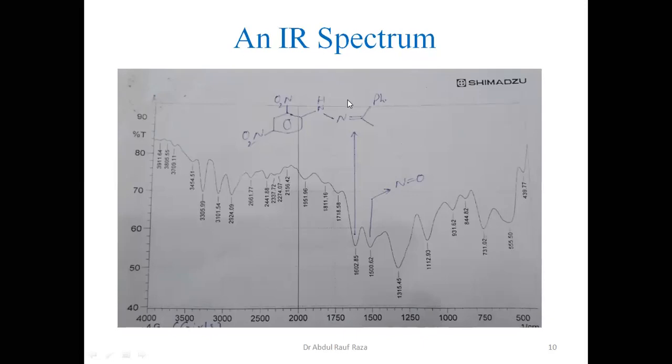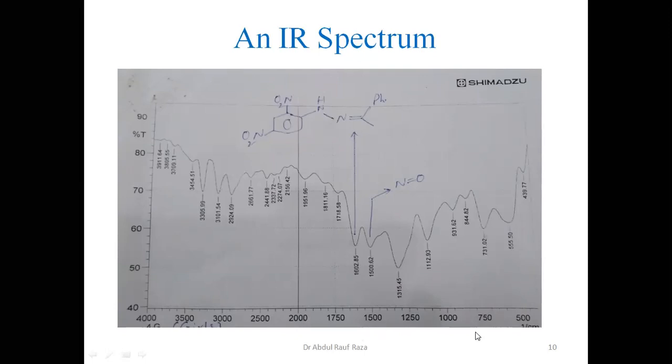Acetophenone is reacted with 2,4-dinitrophenylhydrazine. This is phenylhydrazine. When they are reacted in the presence of a catalytic amount of sulfuric acid, it produces these hydrazones. If you remember, this is hydrazine reacting with an aldehyde or ketone to form hydrazones. This is the hydrazone synthesized. It was recrystallized and its IR was carried out. Look, this is the IR.